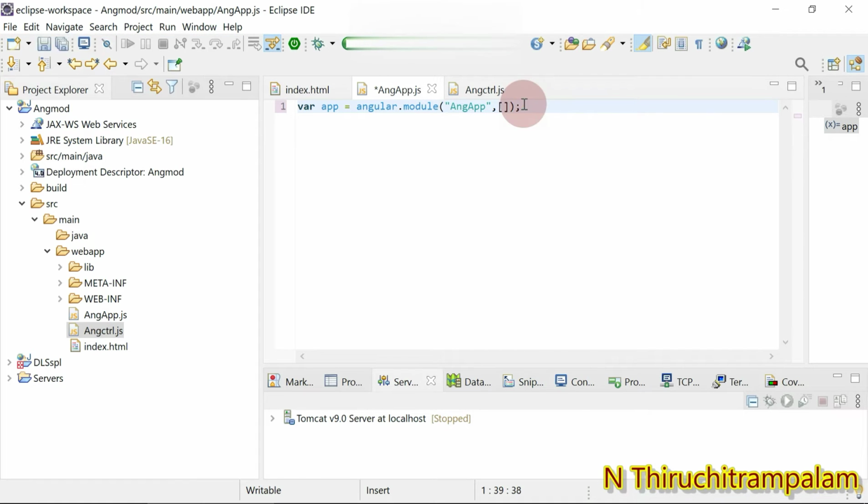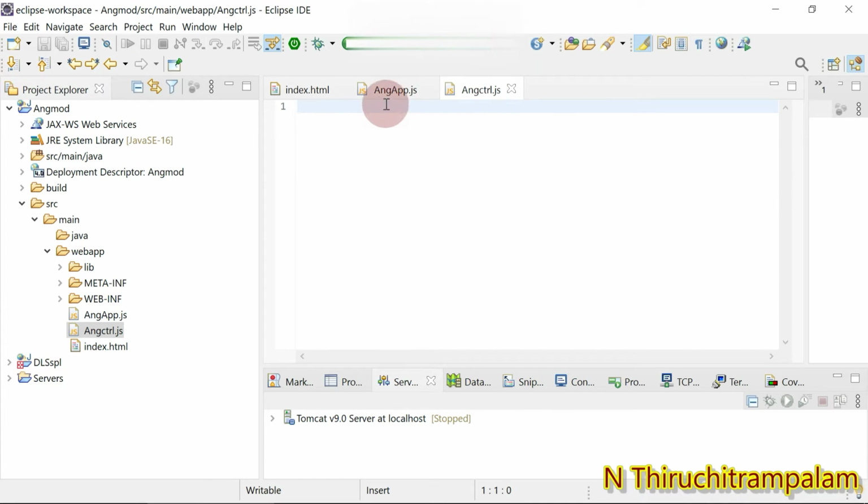Okay, that's it, and we move on to ang ctrl.js. This is the controller module. Here we are going to create the controller. How do we create? Already we have created the application. I mean, we have created the module named ang app. In other words, we can say we have created the Angular app named ang app. So this app represents this ang app.